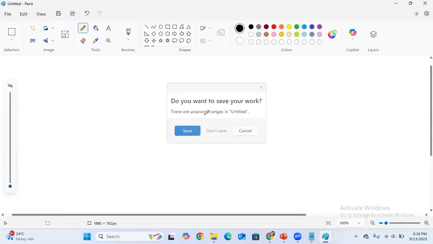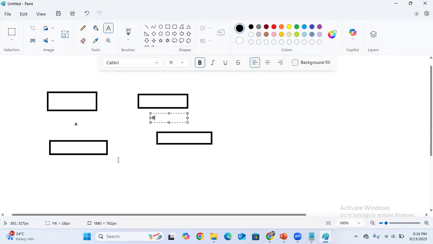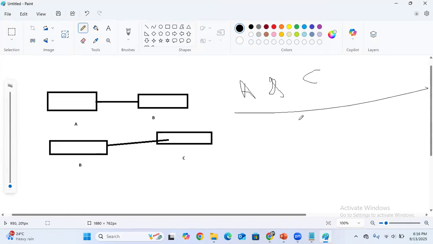Okay, let's take an example. You have VNet A peered with VNet B, and VNet B peered with VNet C. So basically the peering is there. The question an interviewer may ask is, if A to B and B to C peering is there, is A to C communication possible? The answer is no,